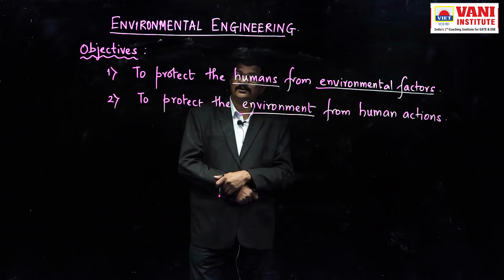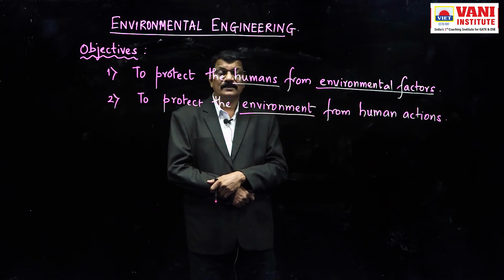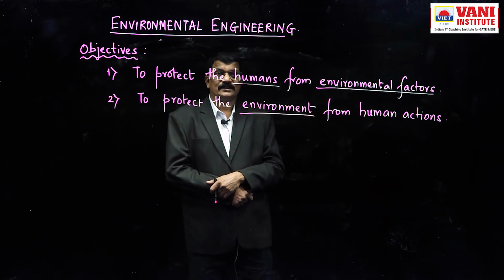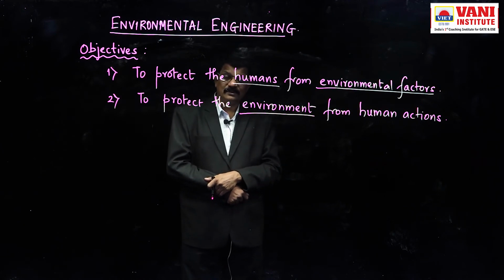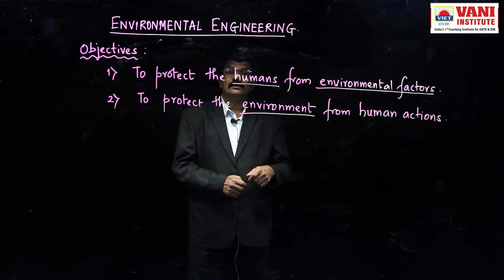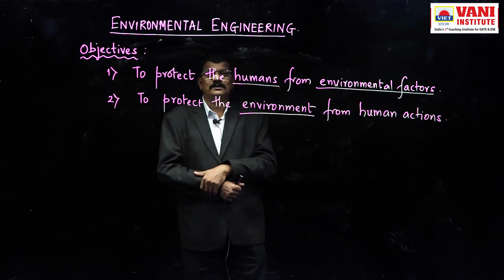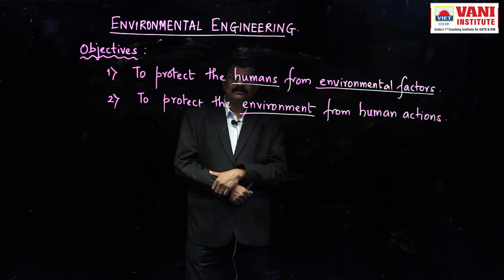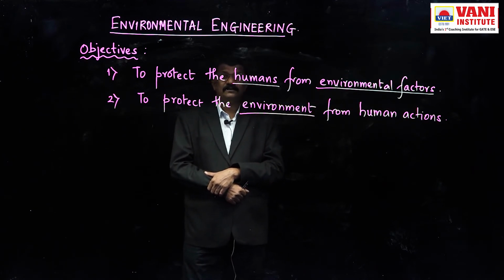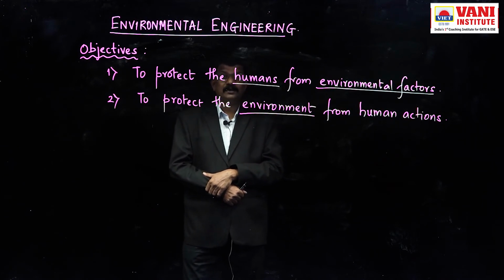This wastewater, unless it is made harmless, contains a lot of impurities which can not only affect the environment, it can in turn affect the humans themselves. So this water which is wasted, which contains lots of different impurities in it, has to be toned down,